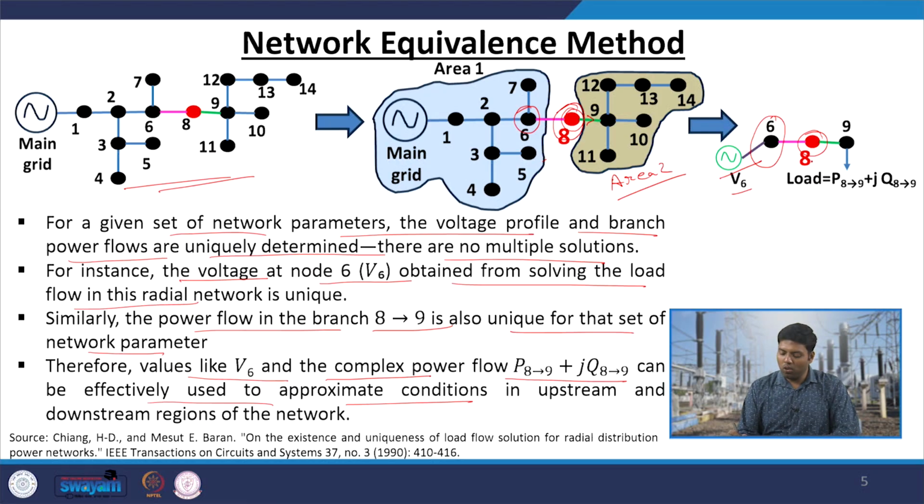That means, for node 8, the upstream area is entirely approximated with the voltage of bus 6, and the downstream area, that means area 2, has been entirely approximated with the power flow flowing from bus 8 to 9, and we have modeled it as a load. So, you can see this entire network has been lumped together into a node point for a particular node 8. So, that is the network equivalence, and this has been used for the NAP algorithm to get faster